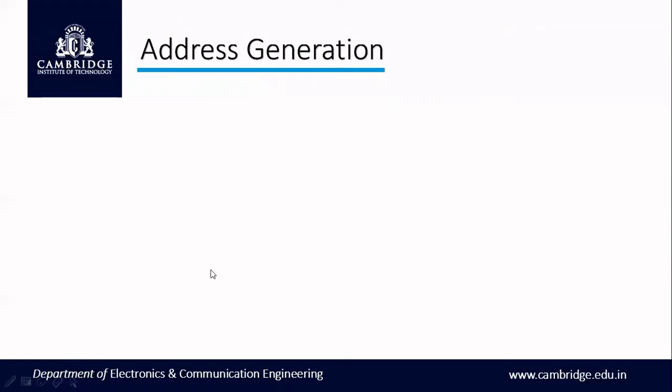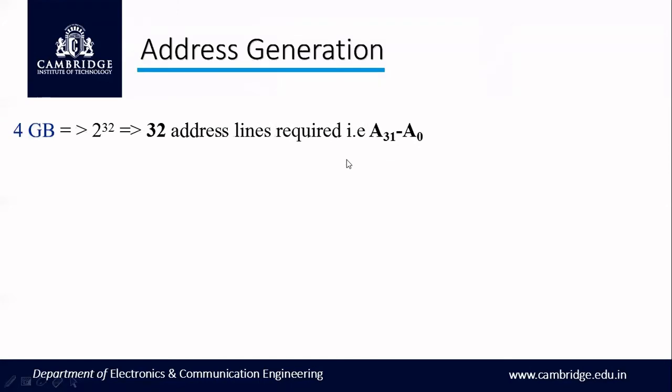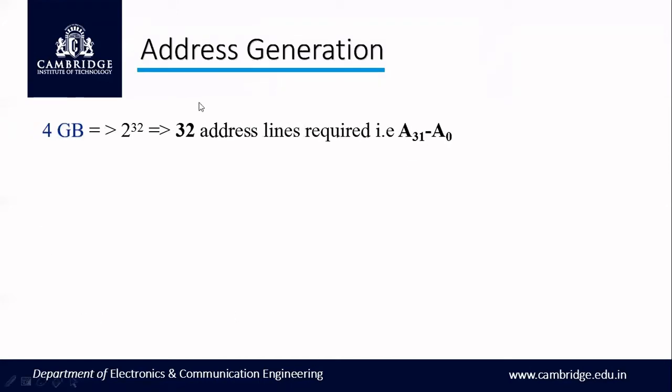Now let us see what the starting address and the last address would be for each of these regions so that we can access them without any problem. We need to know where exactly the SRAM region starts and where it stops, so that I know where to put my code or data. I should be able to access only that region for storing my data. To generate the addresses, we first need to know how many bits are required for accessing it, that is, how many address lines are required for each of these memory sizes.